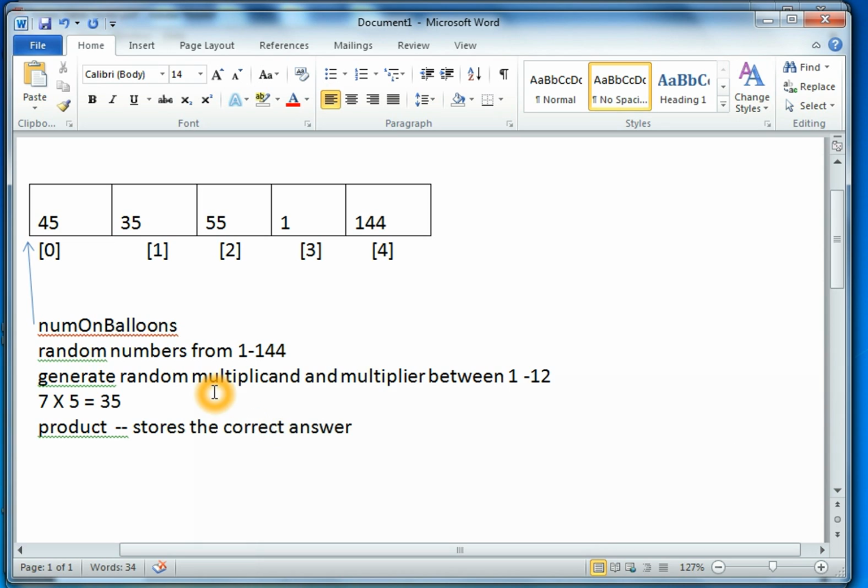And then what you have to do is now take that correct answer and put it into a random location. To do that, we first have to generate a random number. So the next step is to generate a random index. That index goes from what? 0 to 4. Okay, so now that is from 0 to 4. Then once you generate a random index, and that variable is called index,